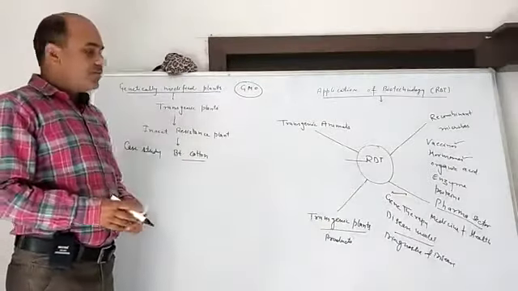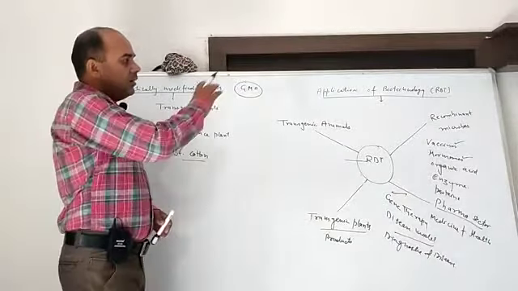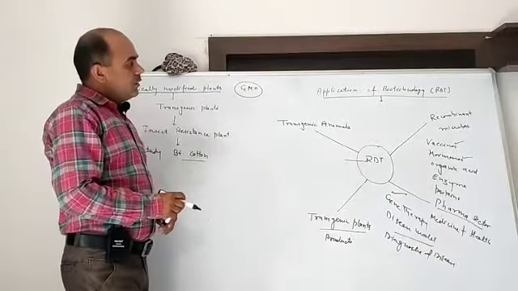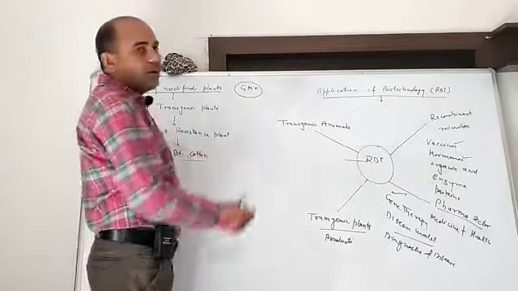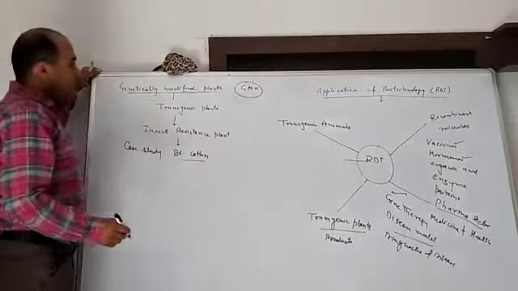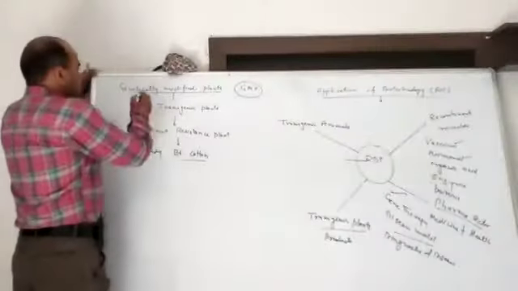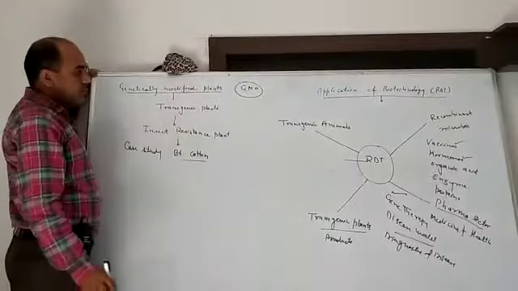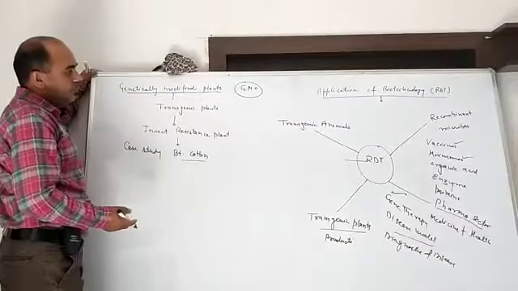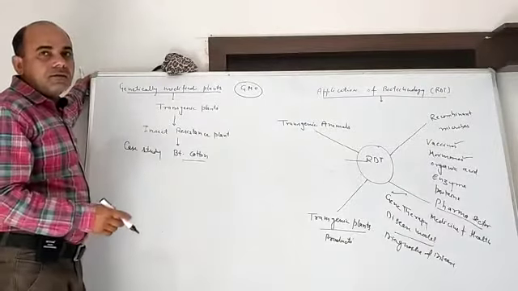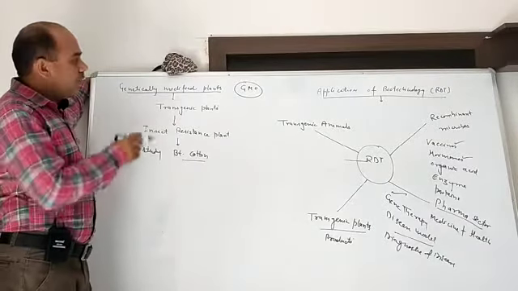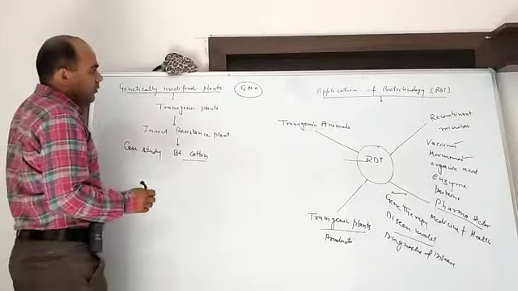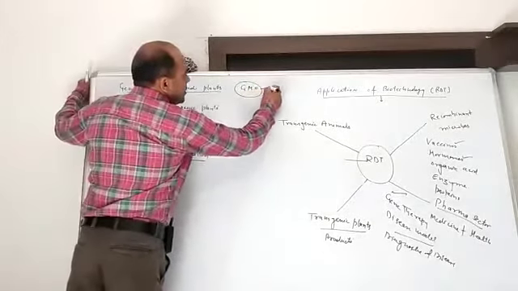What is the genetic cause of disease? So there are so many branches in which we can show the application of biotechnology. You can say RDT. Today we are going to study genetically modified plants. This is one of the most remarkable, unique applications of biotechnology in the field of agriculture. So first of all, we will study what is GMO.